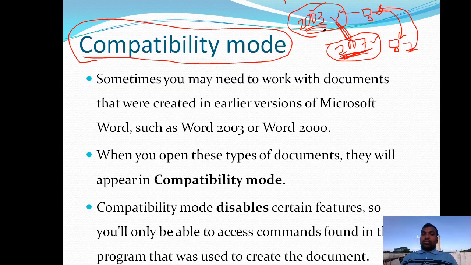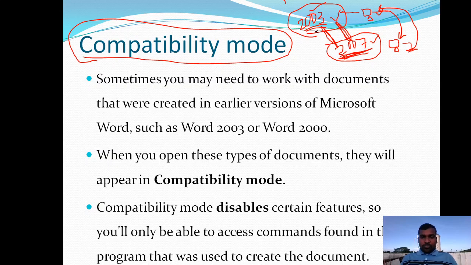So if you are saving the document in 97-2003 format, then both software versions are supported and you can work without any interruption.